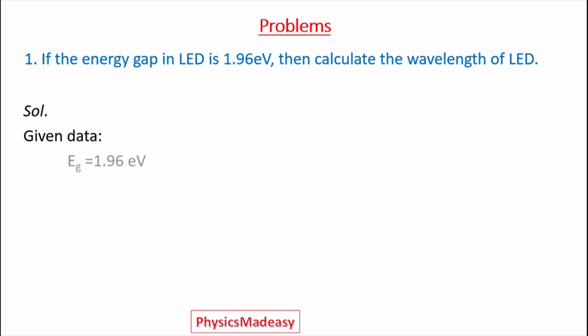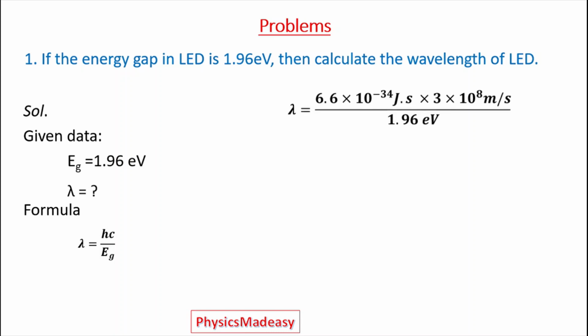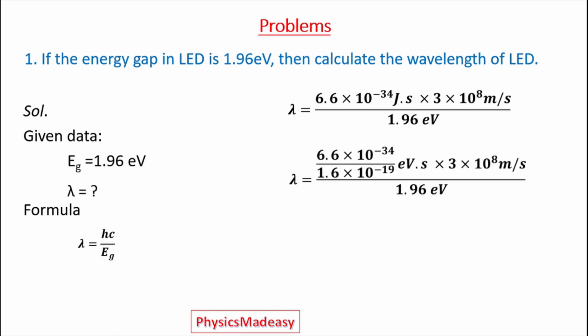Now, you can write the given data, and lambda, the wavelength, is hc by Eg. We know h is Planck's constant and c is the velocity of light. Before solving, we should convert the joules into electron volts for Planck's constant. And then by solving, we will get the answer as